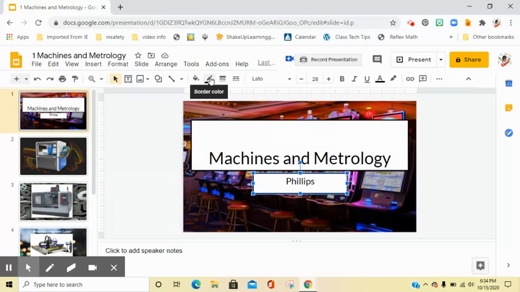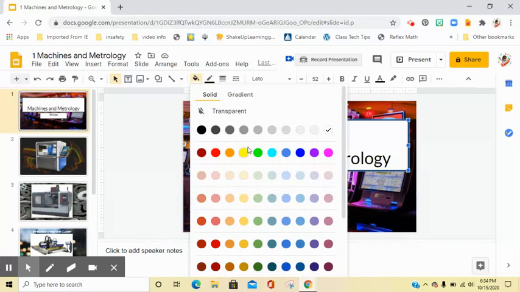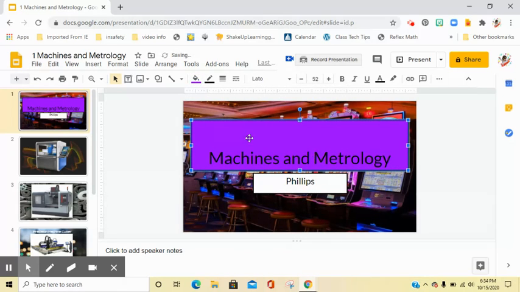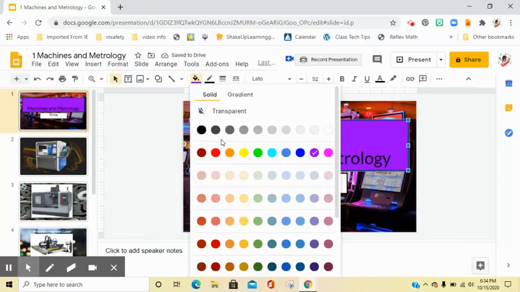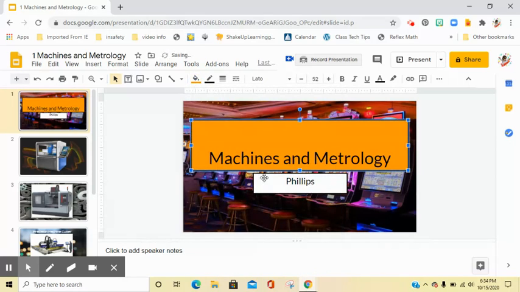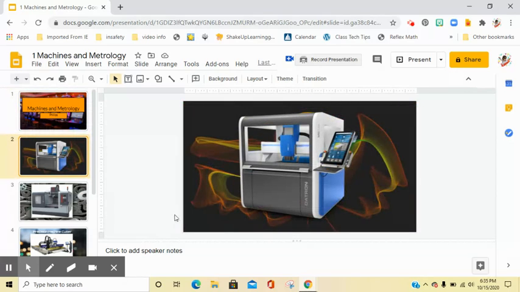And then we'll also maybe put color on the inside of this. And so we'll select it again. Let's go to the paint bucket. Let's fill it up. And let's see, maybe a little purple. Let's see how that looks. It's kind of dark. Maybe we'll need to lighten it up a little bit. Let's try this one. Yeah, I think I like that better. All right, so you go to the paint bucket to change your color. All right. So now let's go to our next slide, and this is our